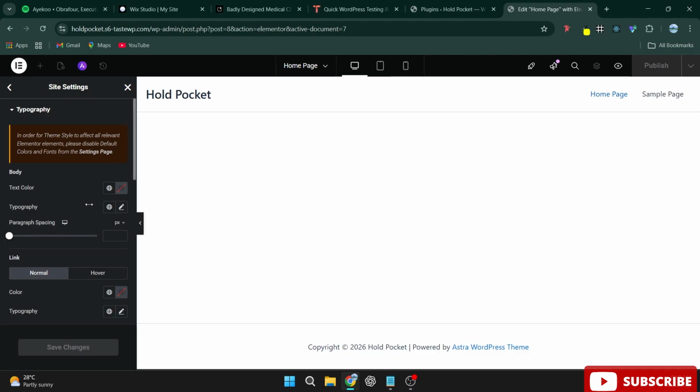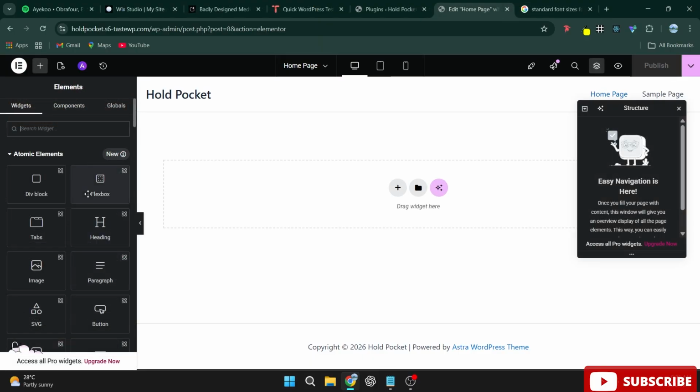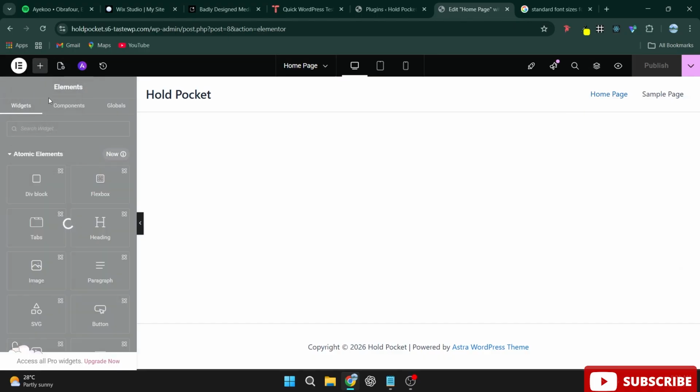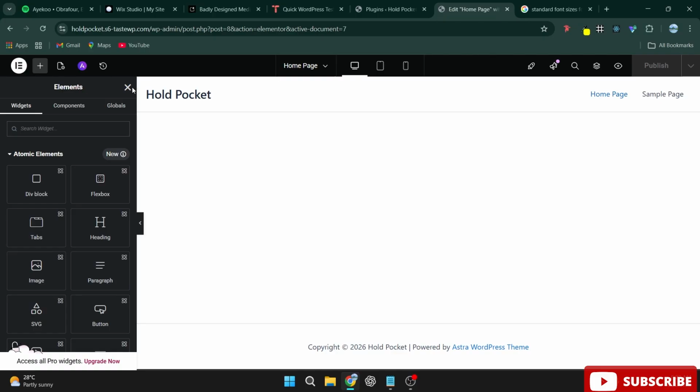Okay, so all these things are very important. You need to do it to have a smooth design experience. Yeah, so you can go on and edit your page settings, right? So you can go on and edit this, but you know the drill, right? So we're not going to waste much time. Let's go ahead and